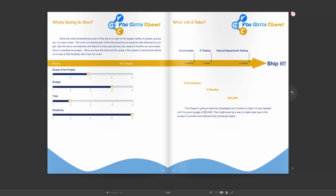The scope of the project is flexible. The budget's not as flexible. Time is very flexible. We don't need this finished till March. Simplicity is the one thing that we can't live without, because we really want